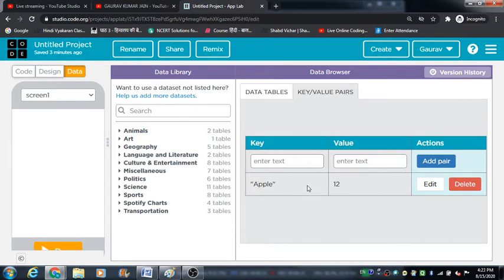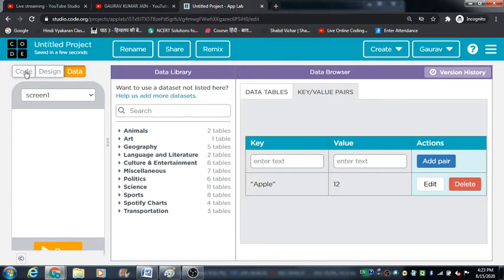Now this is what we have defined directly on this data portion. We defined this key value pair by entering the name of the key here and the value against that key, and then we clicked on add pair in order to define a key value pair.